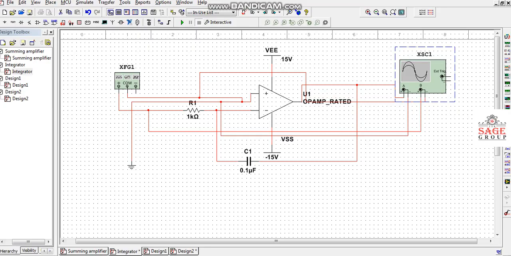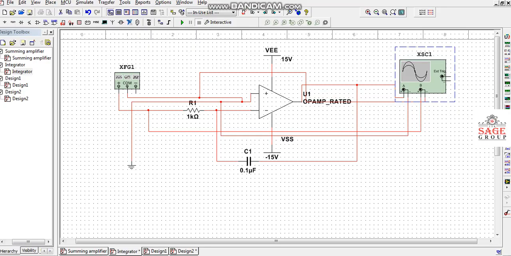For making a circuit of an integrator, we require an operational amplifier IC 741, then a resistor. In feedback we will connect a capacitor, and for giving input a function generator is there, and for display of input and output both at a time we require a CRO. So these are the two instruments we will use to give input and take the output from the integrator circuit.